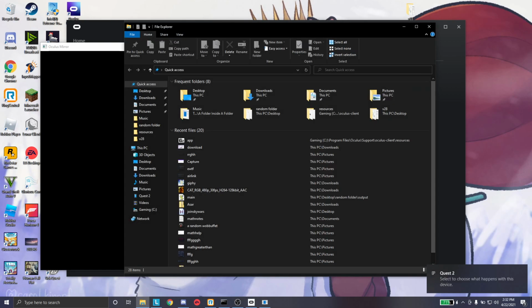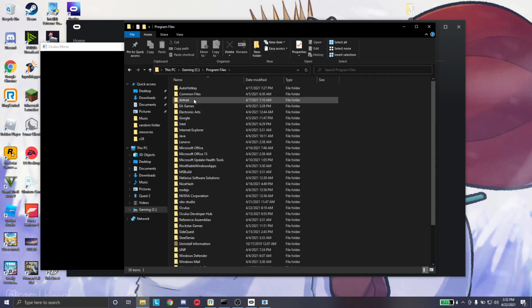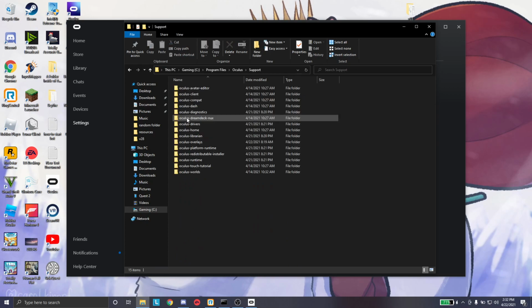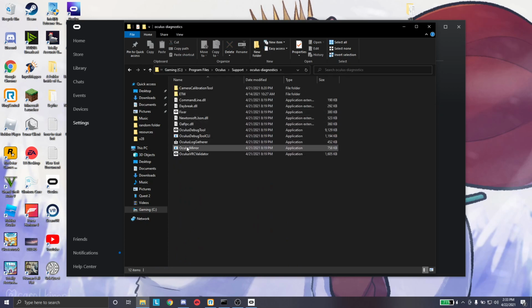And so this is, let me reopen Oculus Mirror. Close that. Oculus, Support, Diagnostics, Oculus Mirror. I can't see it. Okay, so what I'm going to do in the headset is, since I have it plugged